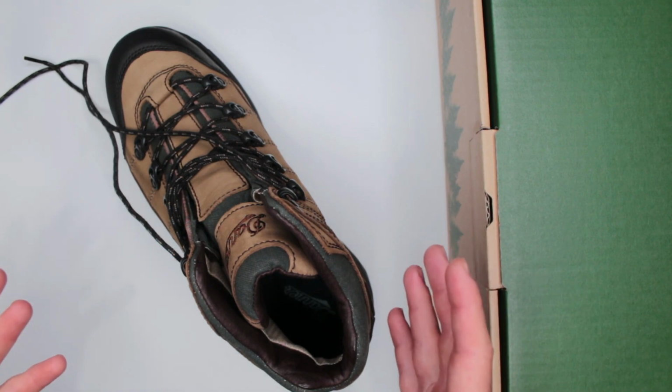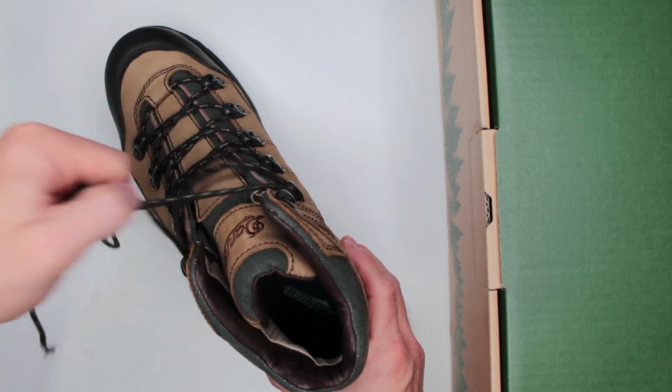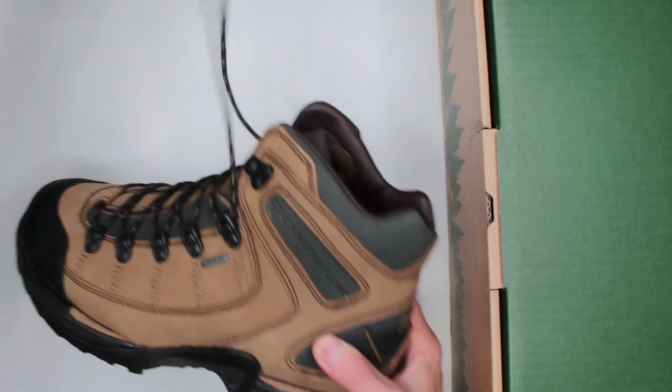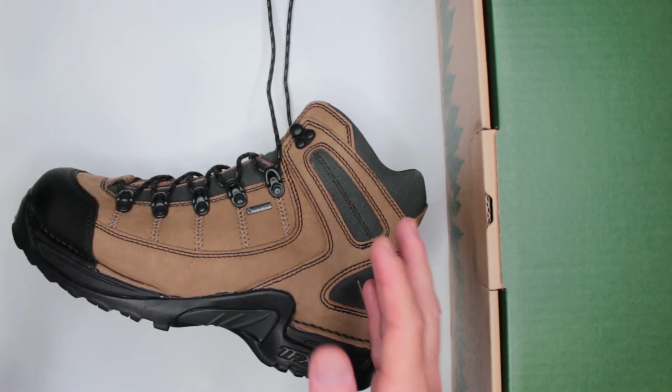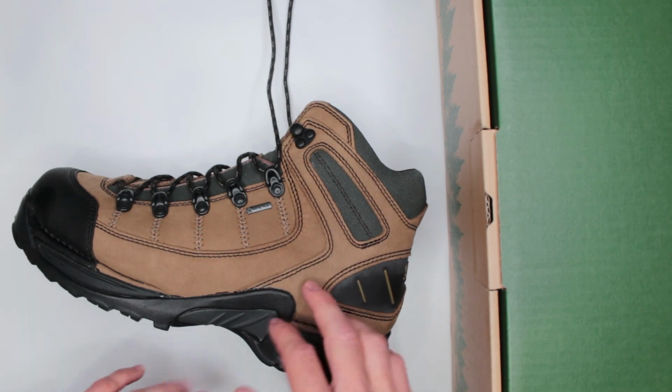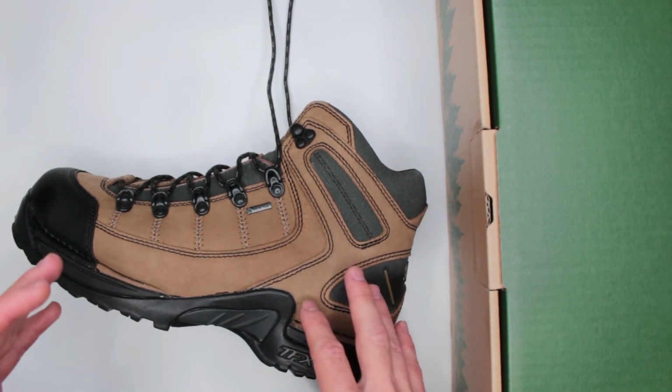It does take a lot of impact, especially whenever you're not running properly, which in the last mile you probably will end up doing because you will get tired from the weight. So overall, I would give this boot